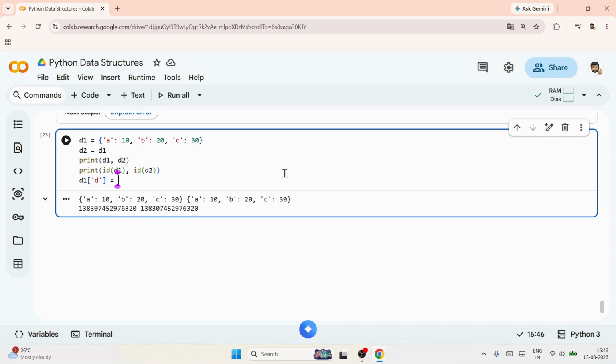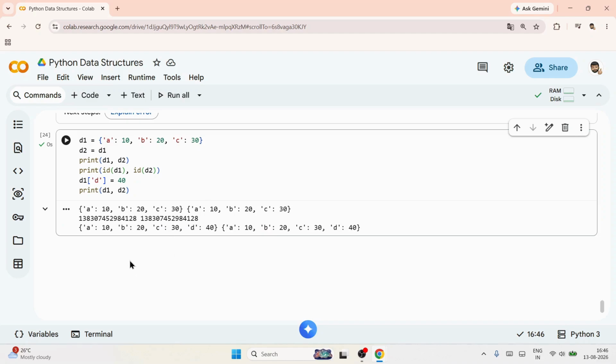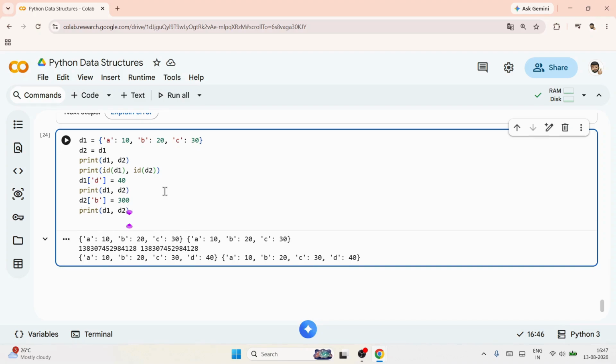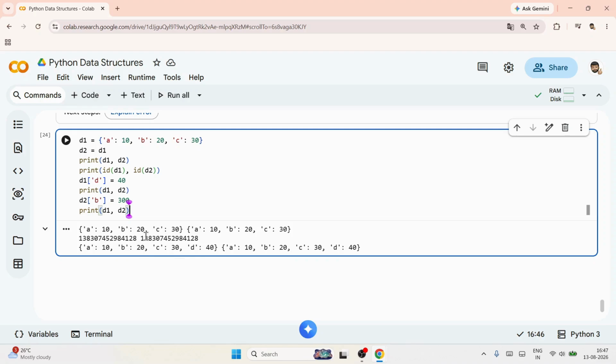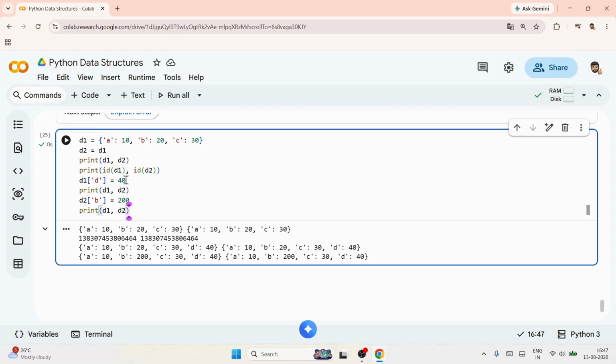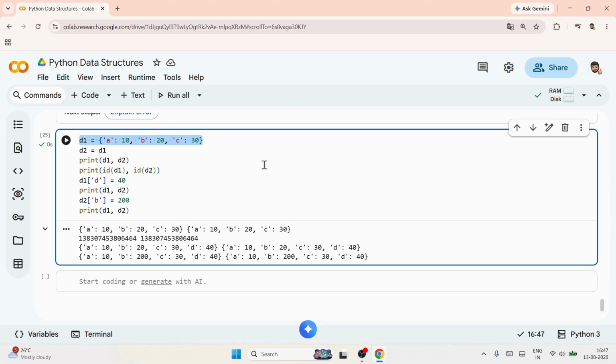देखो जैसे मैं D1 में D ऐड करता हूं, D 40, एंड प्रिंट एंड सी बोथ द डिक्शनरी, तो सिर्फ D1 में नहीं ऐड होगा, D2 को भी दिखेगा, क्योंकि वो अलग है ही नहीं ना। एंड सेम वे अगर D2 ने B की वैल्यू 30 से 300 कर दी, एंड फिर भी दोनों प्रिंट करके देखें, तो दोनों को 300 दिखेगा। सी, यहां भी, यहां भी, बिकॉज बेसिकली कॉपी क्रिएट ही नहीं हुआ था, ओनली व्हाट वाज डन, रेफरेंस वाज कॉपीड।